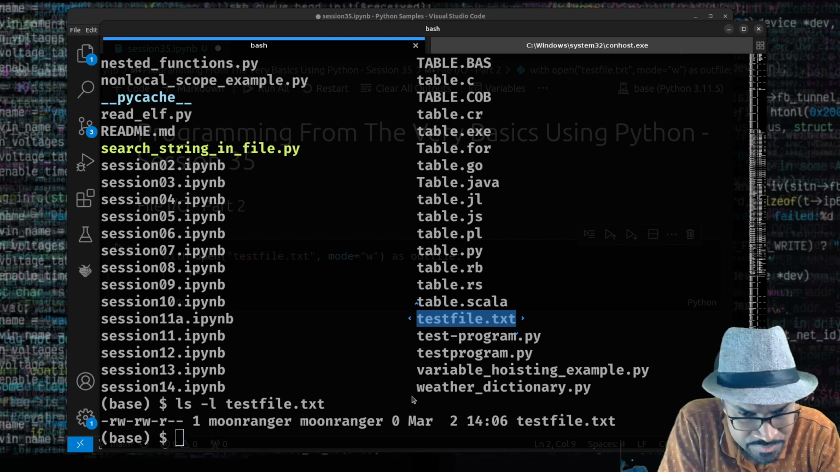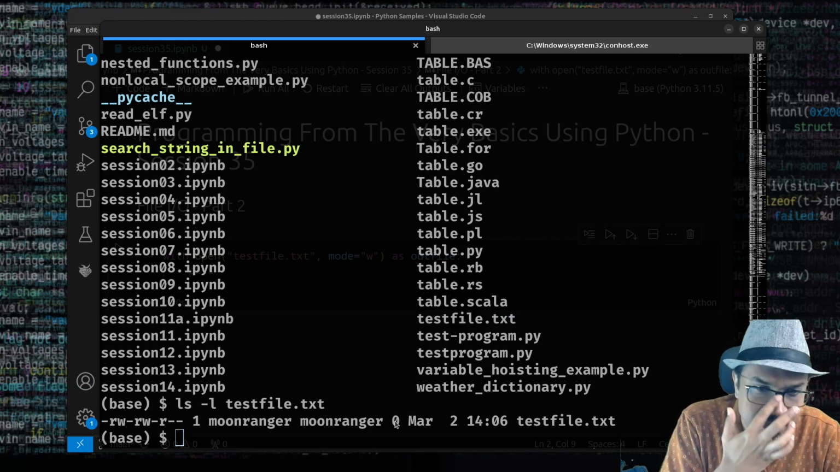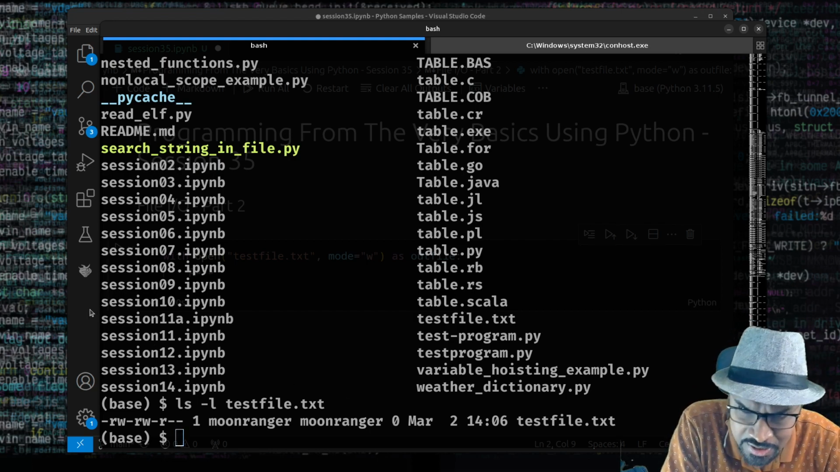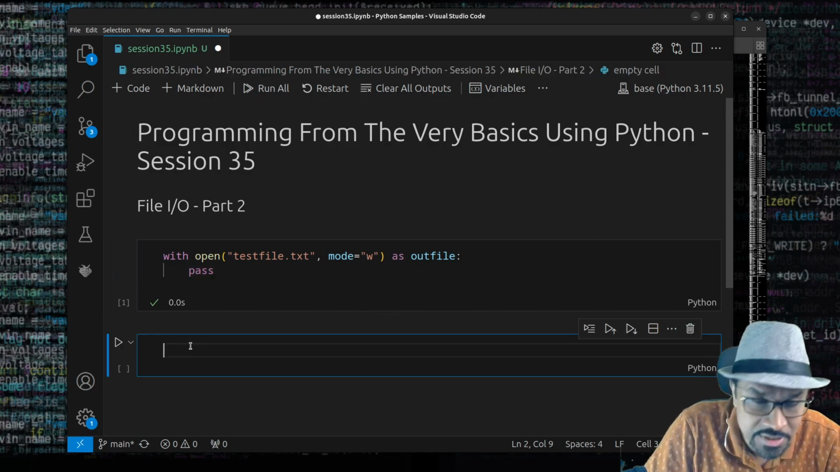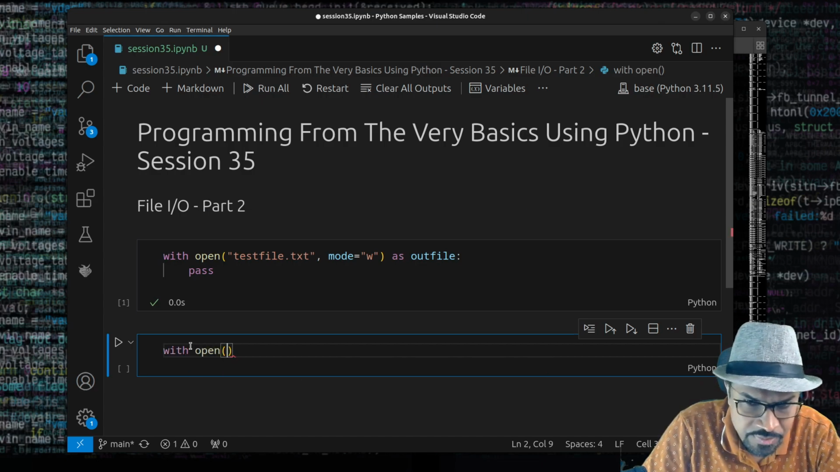So when you do an ls -l testfile.txt, you can see that the size of this file is 0 bytes. Now let me just create this file again and try to write to it. Before that, I will tell you what happens if you try to open a file where you don't have permissions to create. So if I try to do this, if I just say open,